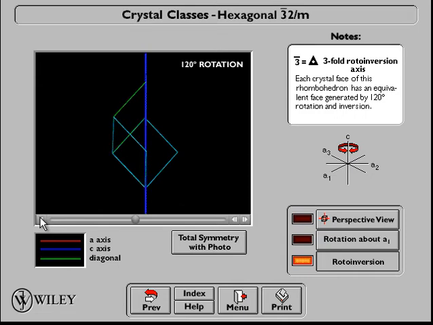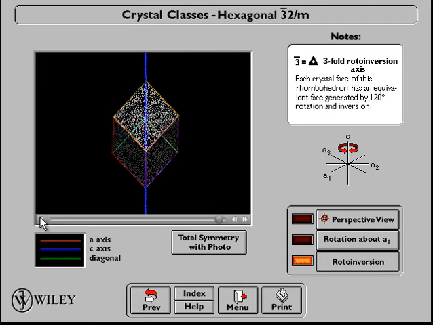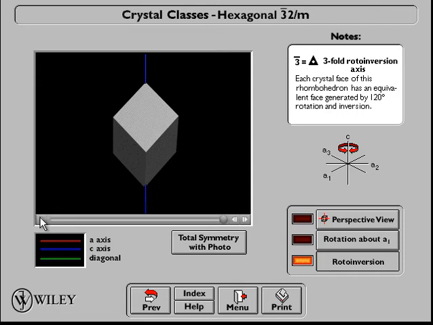Then again the 120-degree rotation, the inversion, again the 120-degree rotation, the inversion, the 120-degree rotation, the inversion, and now we have done the 3-fold roto inversion, as I told you. So now we are going back to our next